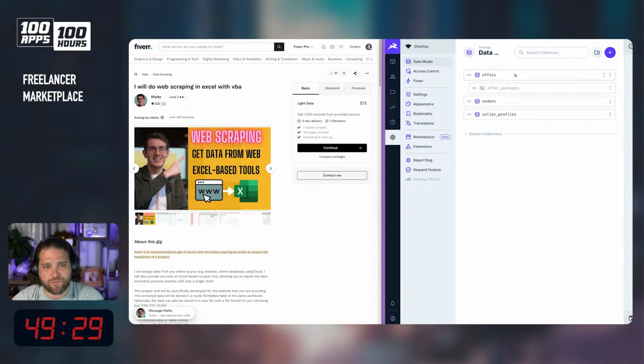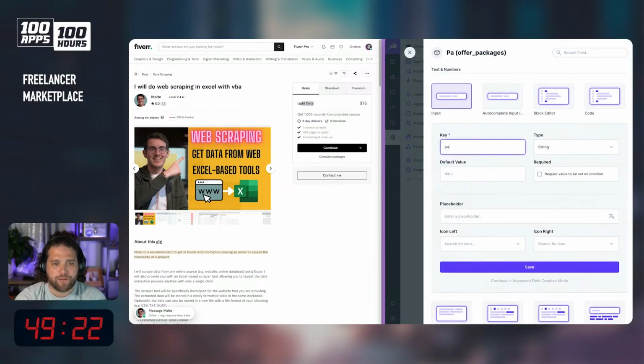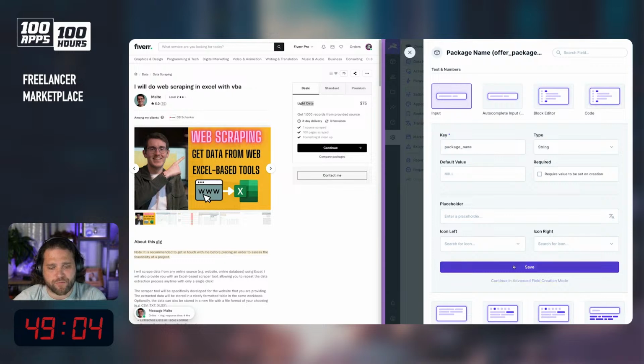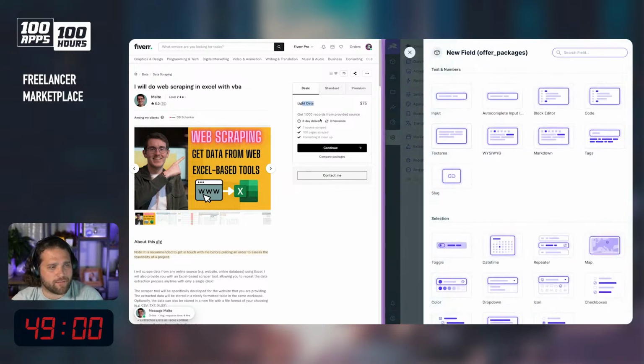And then we can actually work on the details of the package as well, right? So we've got a title for the package, or name, package name. Sometimes when I'm working with deeply nested relational data, it helps to prefix the name or title with the actual name of the collection, just because if you're working with that data in a nested structure, it can be hard to know what the name pertains to if you don't have some other type of identifier within that. So we've got a package name,